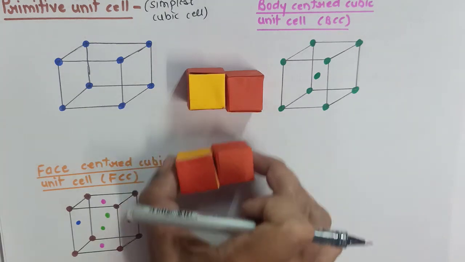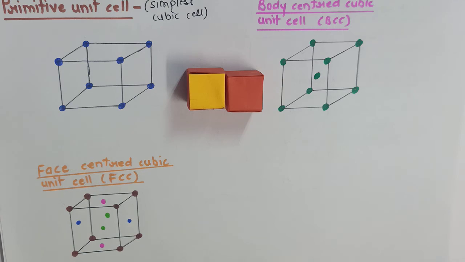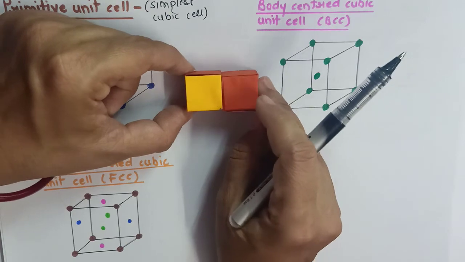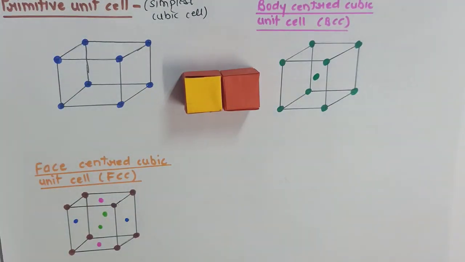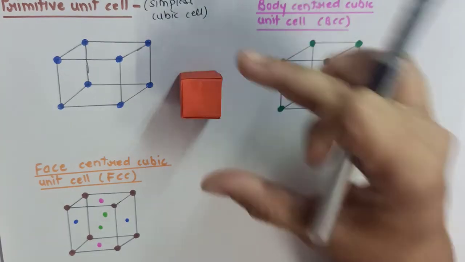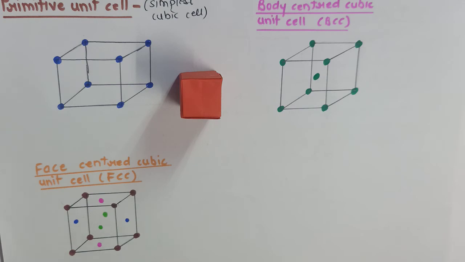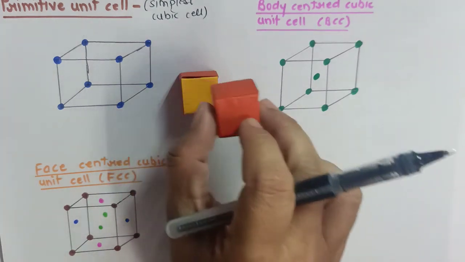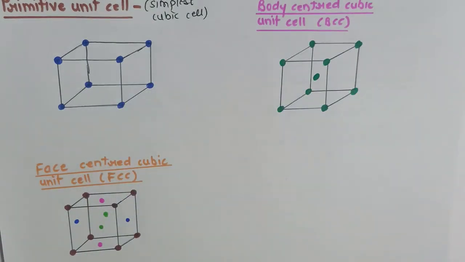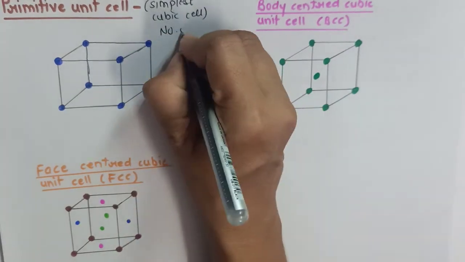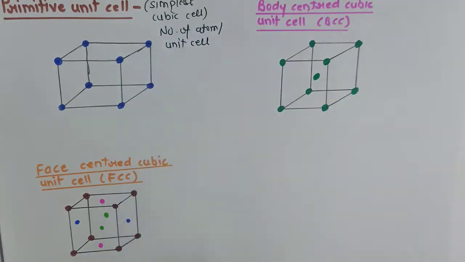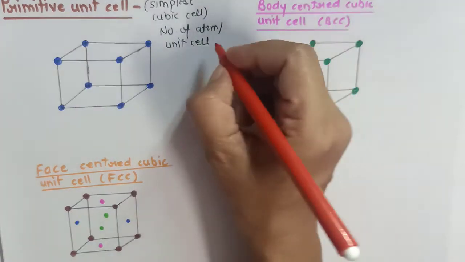Now if an atom is present at the face, suppose an atom is present at this face, then in that case it will give contribution to 2 unit cells. Even if it is present at this face, another unit cell is placed above it, and therefore the constituent particles placed at the faces are a part of 2 unit cells. So with this basics, we will calculate the number of atoms per unit cell, and that is what we commonly call Z.